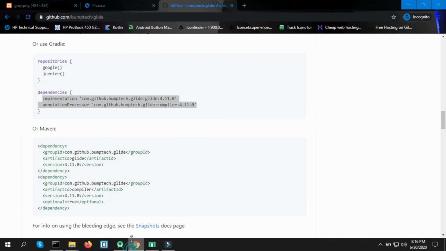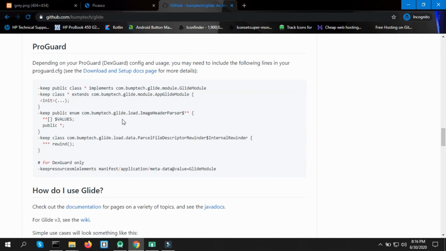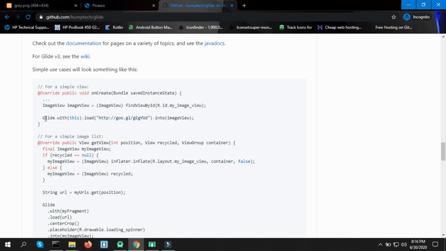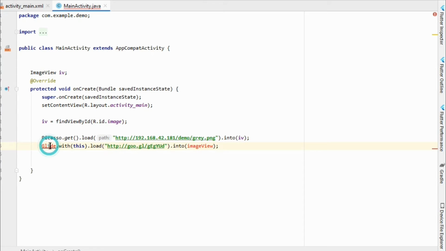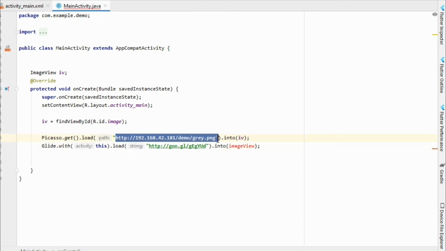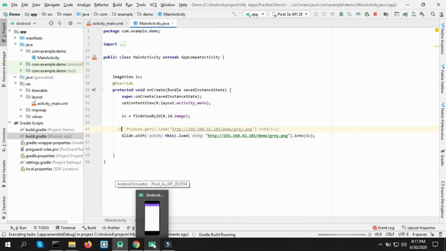So now go to the Glide GitHub page, and down here just copy this line, glide.with, and paste it under here, and import the class. Copy this URL from here and paste it here, and instead of image view we have a variable called IV. And let me just comment it for now, and let's run our application and see if the Glide is working